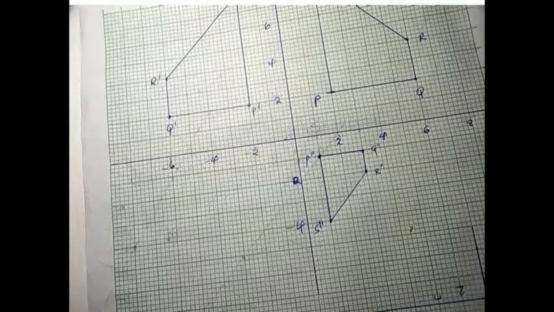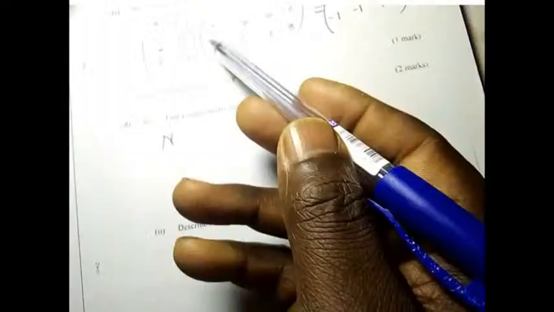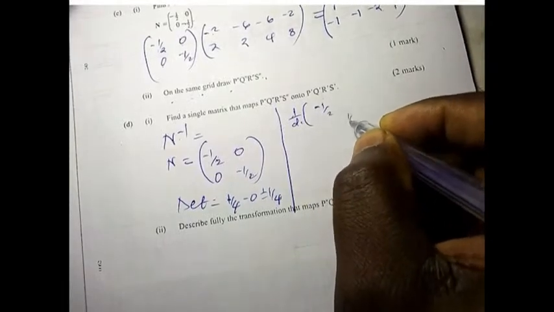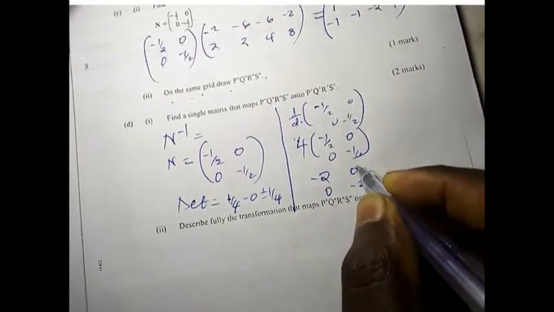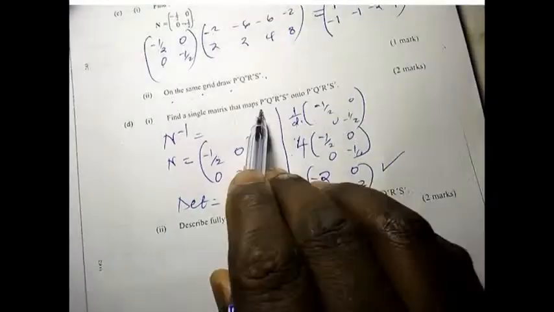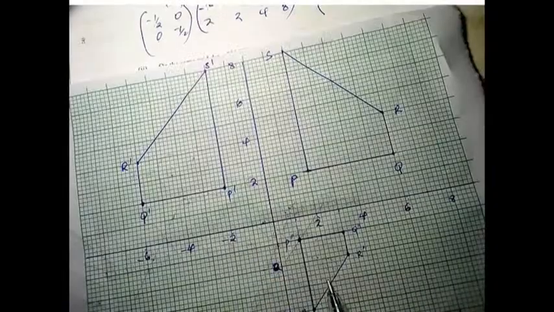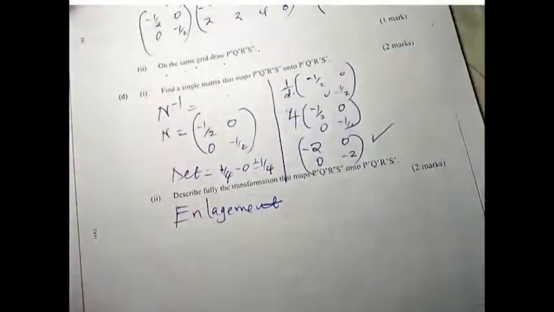Now the question is, so to do that, you find n inverse, because this matrix, you find n inverse, and you are done. Negative 1, I have negative 0, 0, negative 2. So this is the single matrix which will map prime 2 to prime 1. You can see that the center of enlargement is O, the origin. So